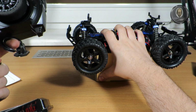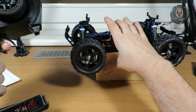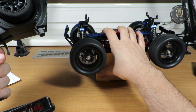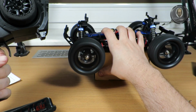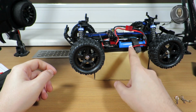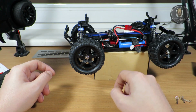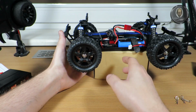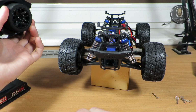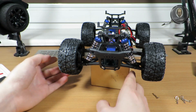Let's see the reverse. The sound is amazing on this thing. I love the brushless motors. Wow, that's a really amazing sound of this car. These batteries need to be changed to the other side because the cables will go too close to the wheels. Steering is not bad. It's not the best, but probably enough. The last car had the same thing, that the steering was not